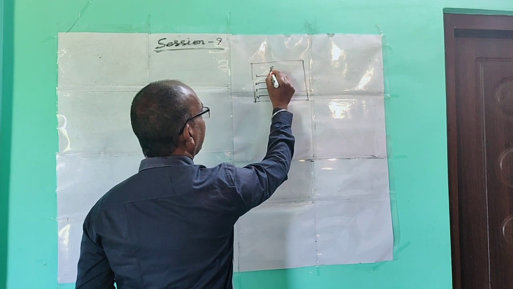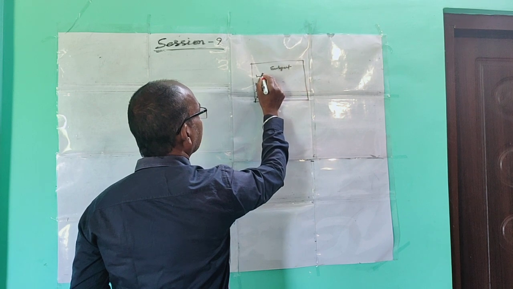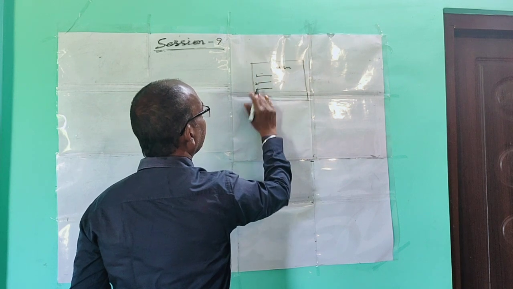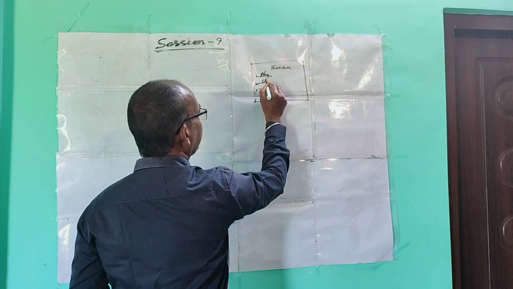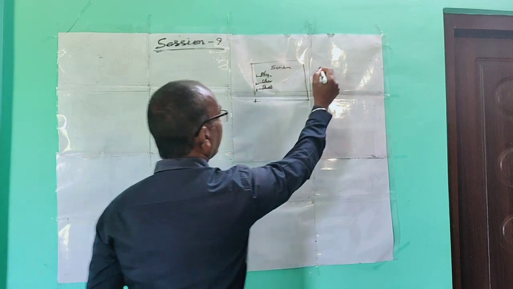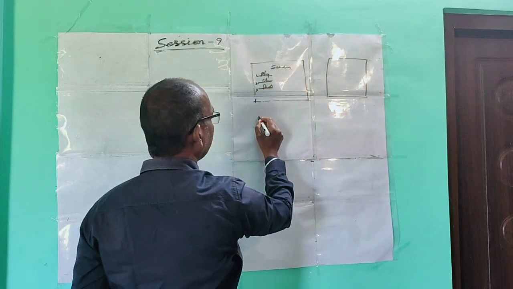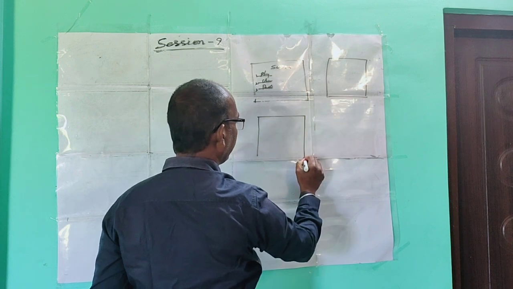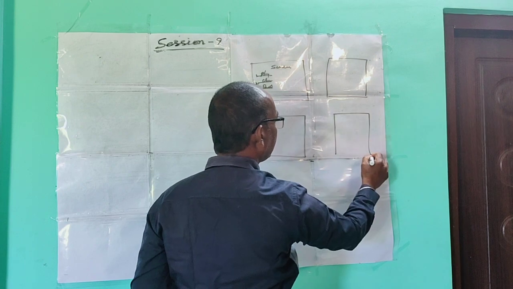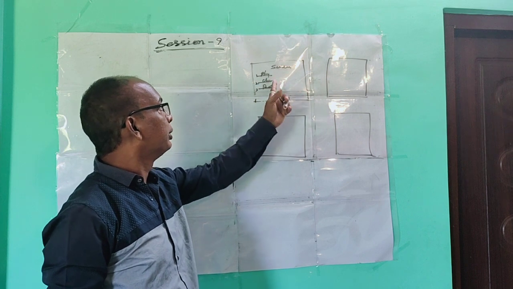For example, I am having a subject, science, and I am writing here physics, chemistry and bio. When you click the physics link, a physics page will appear. When you click chemistry, the chemistry page will appear. When you click bio, a bio page opens. So this is the same website, with links to different topics.